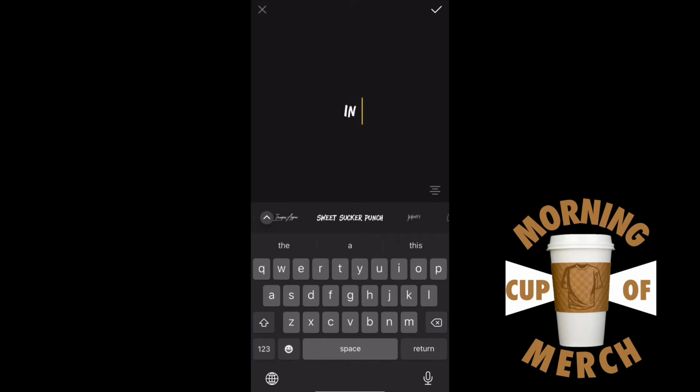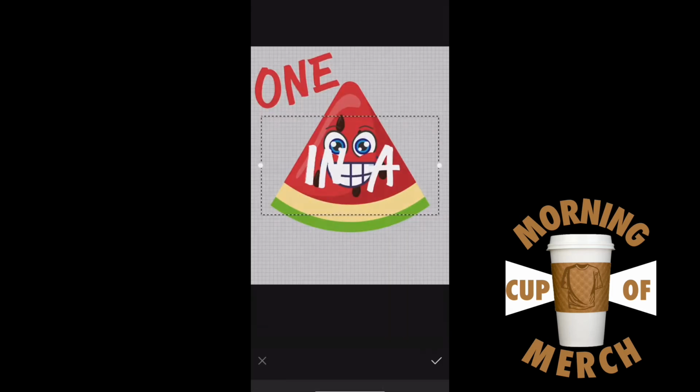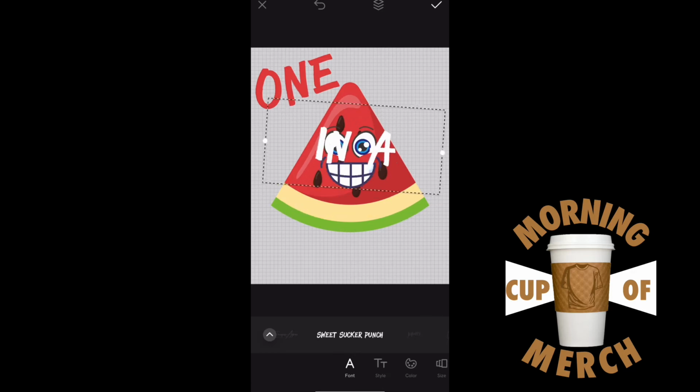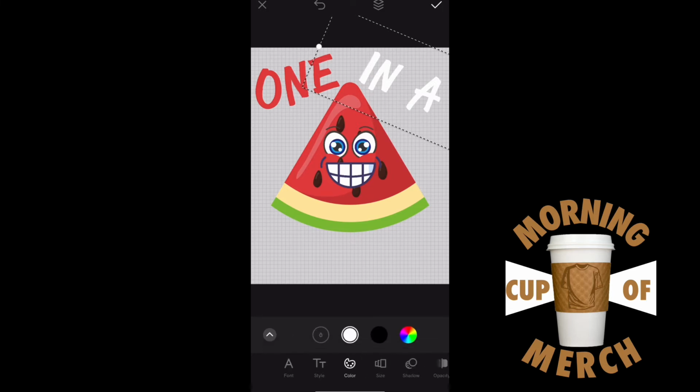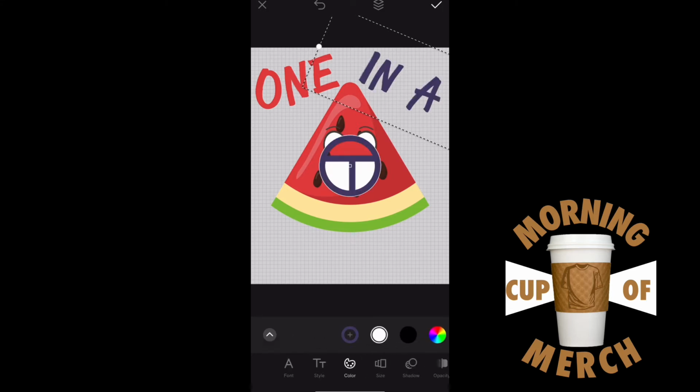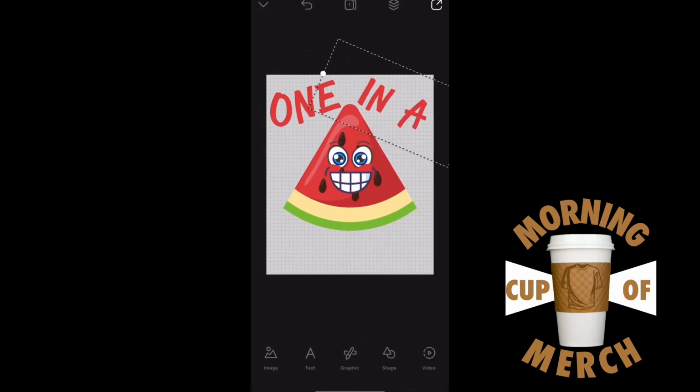Now we're going to add our second part in. Same deal, bring it up. We're going to stretch that bad boy out a little bit. Make sure that it's in line with the rest of the text. And once we find where we're comfortable, then we're going to go ahead and choose our color again. Go back to the color picker, go up. There you go. All right, and for our